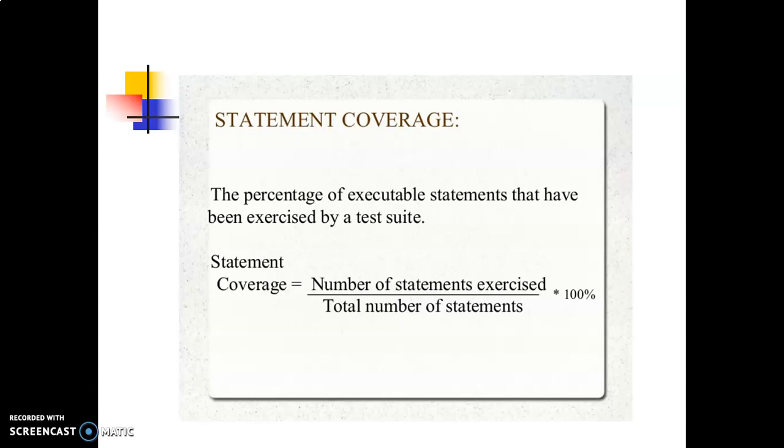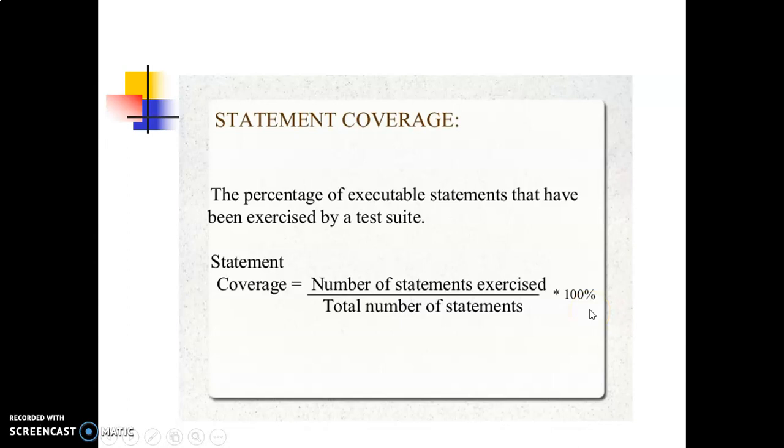The statement coverage for a program, which is an indication of the percentage of statements actually executed in a set of tests, can be calculated with this formula: statement coverage equals number of statements exercised divided by total number of statements, multiplied by 100.